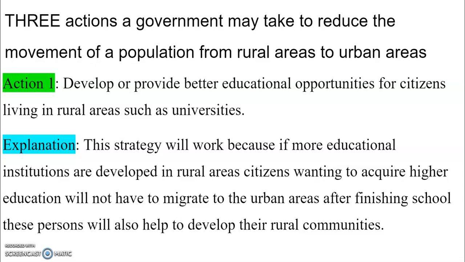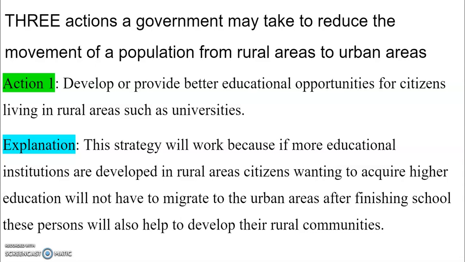So 3 actions a government may take to reduce the movement of a population from rural areas to urban areas are: Action 1, developing or providing better educational opportunities for citizens living in rural areas, such as universities. So most times you'll find that the universities, the traditional high schools, they are located in the urban areas, right? So if the government can invest in developing the educational opportunities for citizens living in the rural areas,